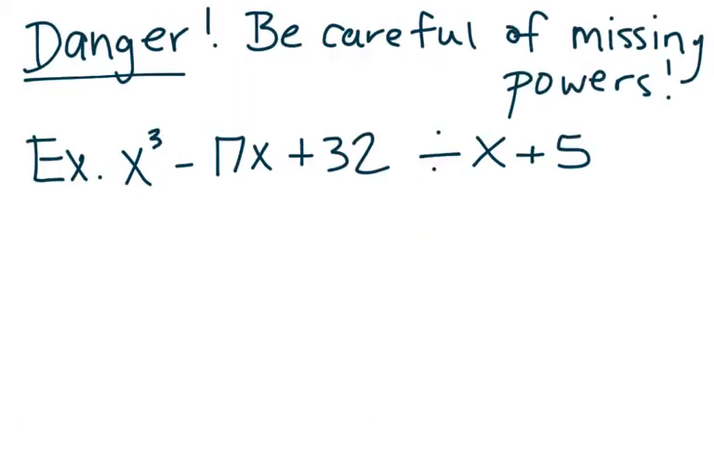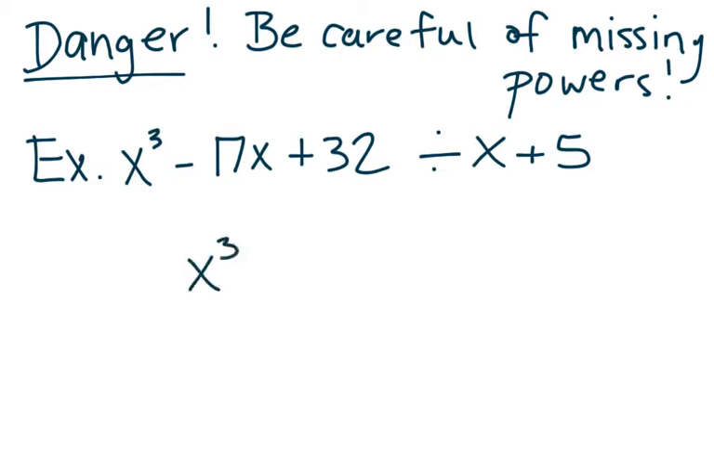Okay, moving on. Notice this says danger, be careful of missing power. So if you look at what you're dividing, you got x cubed, you got negative 17x, and you got plus 32. What you don't have is an x squared. An x squared is usually between an x cubed and an x. So the only thing that we're going to do different